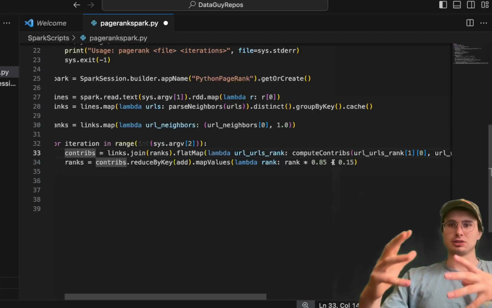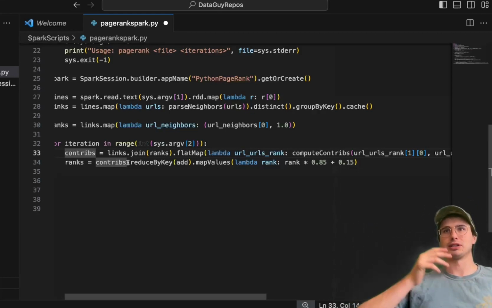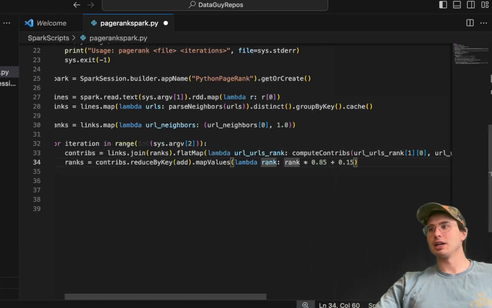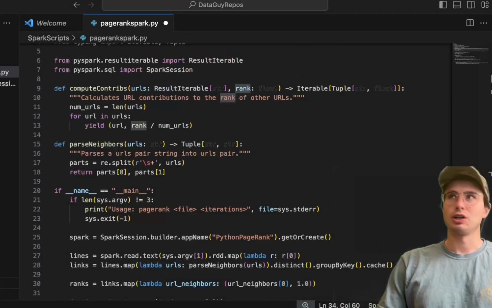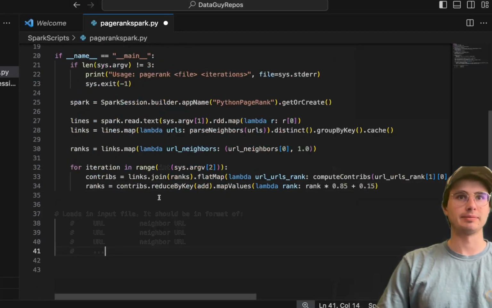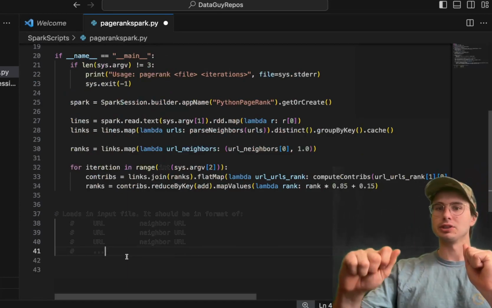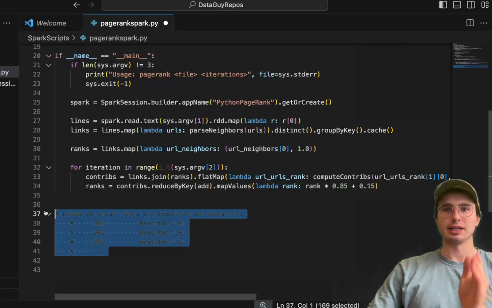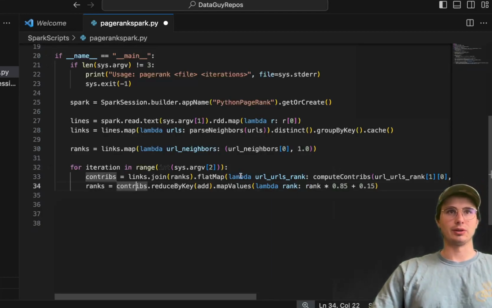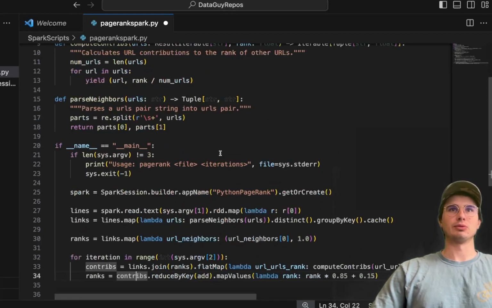So basically saying, hey, this is your rank, so this is where the PageRank algorithm is coming into play. So that's why you're not doing all the computation here. But what this is doing is basically using the PageRank algorithm to say, hey, what was the actual rank. Also, something to note that I hadn't before is what the format of this file looks like. So the input file is just URL and neighbor URL. So joining, hey, a URL relational to another URL that it links to. So that's why we had to do that splitting of the data here, because we have two URLs in each line entry. So here, iteration range,